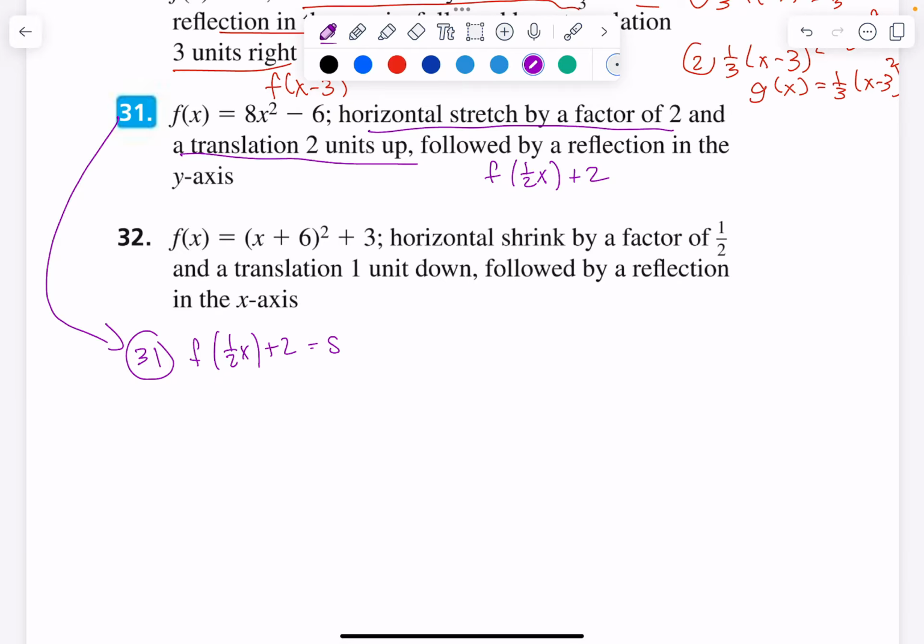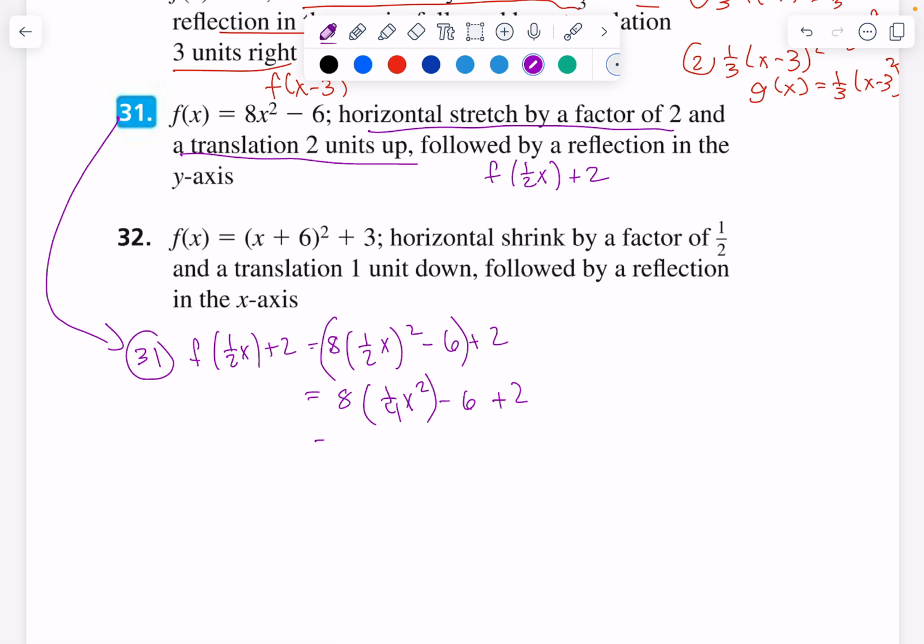So that's 8 times 1/2 x squared minus 6 plus 2. All of that is f of 1/2 x. Okay, 1/2 x squared is going to be 8 times 1/4 x squared. Eight times a fourth is going to give you 1/2 x squared, and then I can combine these like terms, so minus 4, followed by a reflection in the y-axis, so that's negative f of x, or sorry,